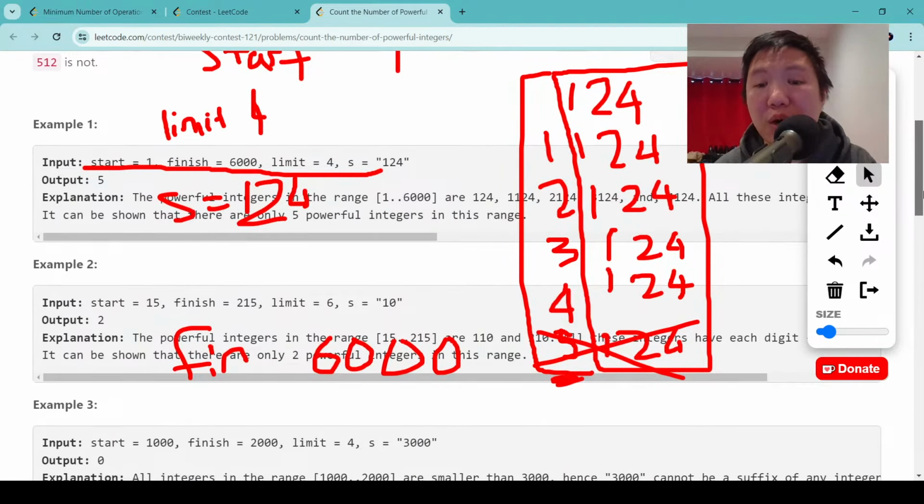Okay, so instead what we want to do is we want to count this. We want to jump a little bit and count this. So